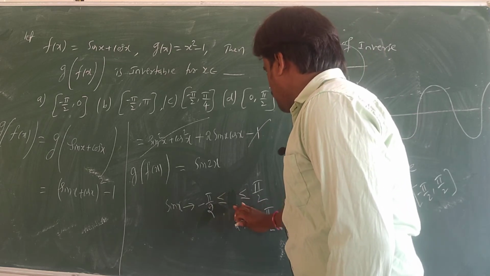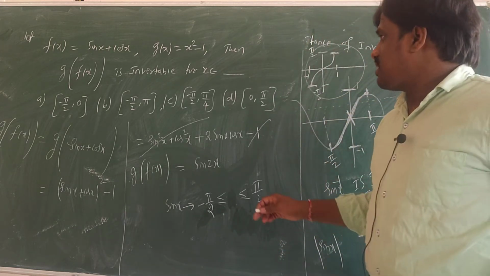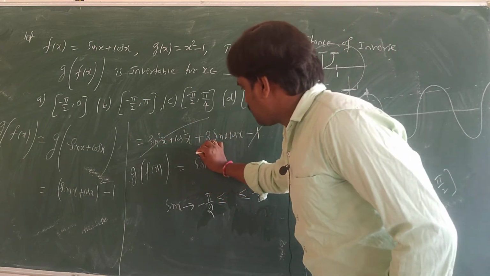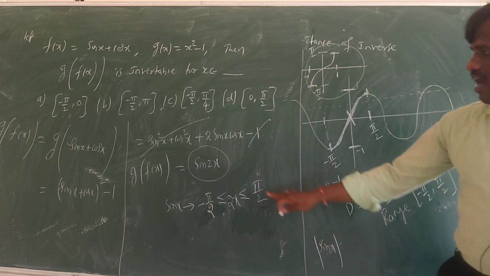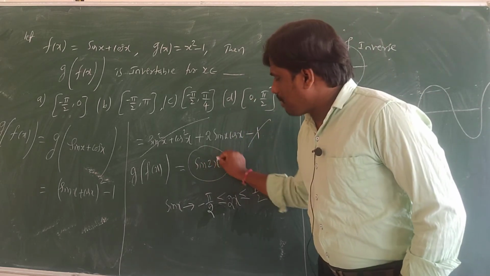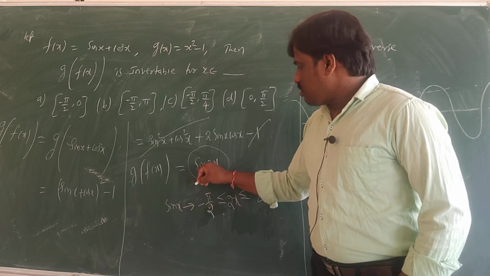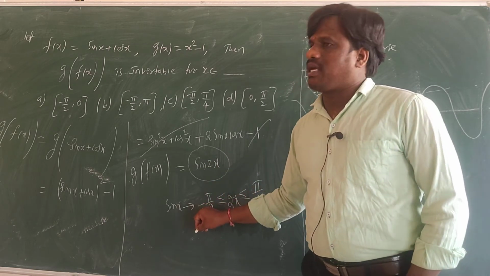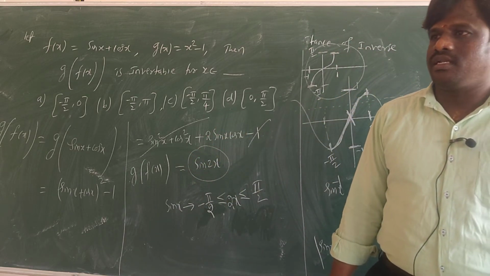No, you are doing it wrong. See, sin x is invertible between minus pi by 2 to plus pi by 2. So this is the argument, like 2x or whatever it may be. Sin of something is invertible when the argument is between pi by 2 and minus pi by 2. So 2x I can write in between of pi by 2 to minus pi by 2, it is invertible. Understood? Clear? Sure?